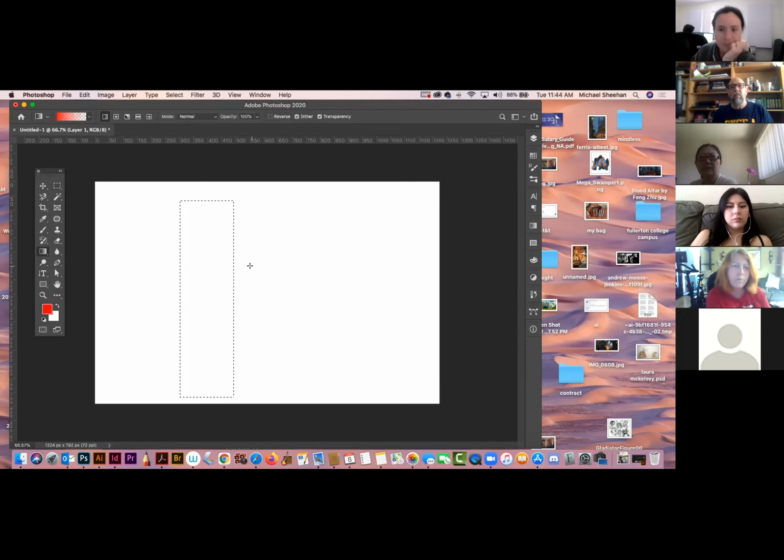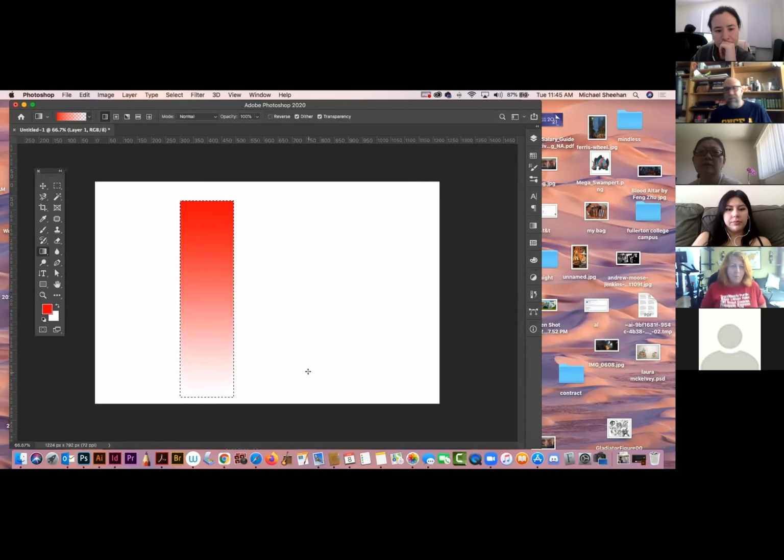Yes. Okay. So it's showing my foreground color, correct? Because it's always going to go off your foreground color, unless you go into preferences and change it. And then if you notice, it's showing my checkerboard pattern over to the right. Do you see that? That means it's going from my color to nothing, to transparent. Okay. So if I take this tool now and I drag it, it'll give me a nice clean